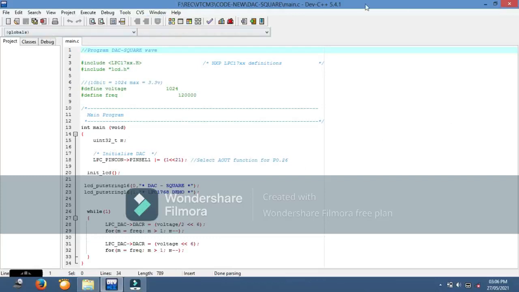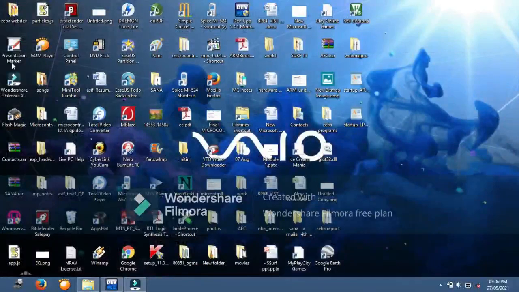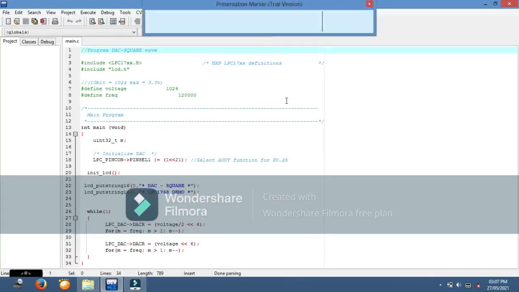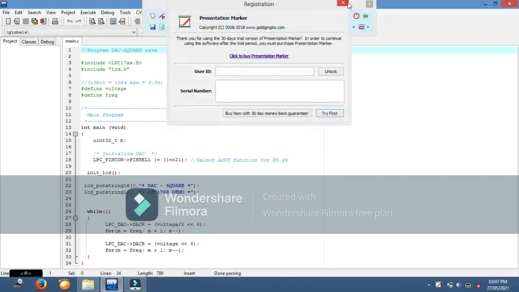The signal which we are getting on the CRO here is a square wave, which is like this.